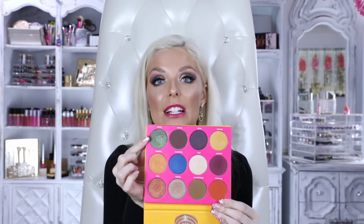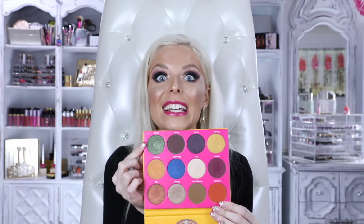When I was looking at these, they all speak to me, but from day one I really wanted to use this green, and I never cycled back to these palettes. I did one tutorial with each palette and never went back to them and forgot about how beautiful they are. So I really want to thank you for requesting these palettes. Thank you, because oh my goodness, when I opened both of them up today,